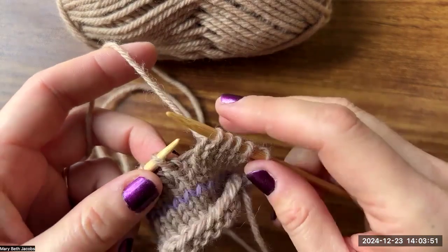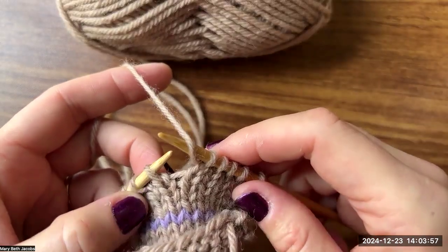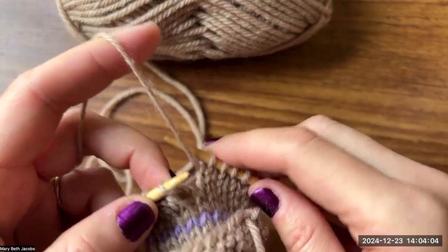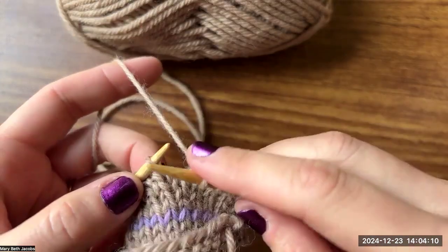Okay, and again, I want to make sure that I don't accidentally do this number. Whoa, no, I don't want to do that because now I'm making a hole. I'm making an extra stitch, a yarn over. I don't want to do that. I'm trying to just knit, not do stuff like this. Okay, you see how that would make an extra stitch and a big giant hole. So let me start